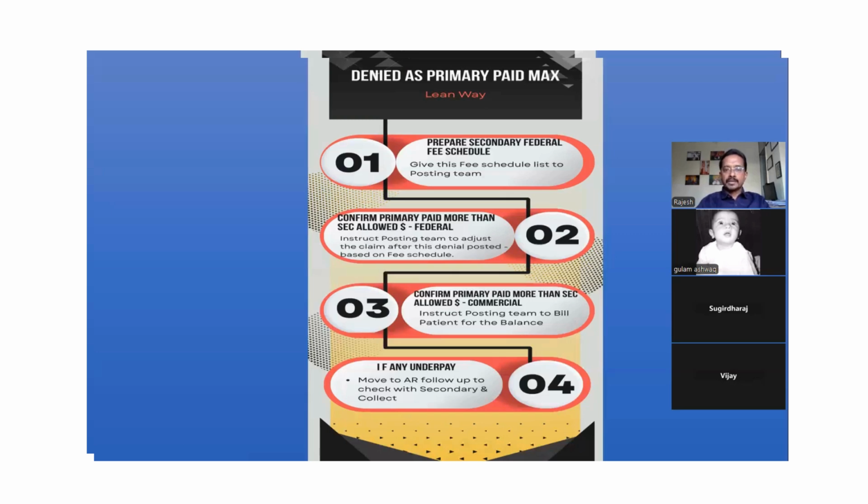Sometimes what happens is it's their system problem, and otherwise we need to ask the AR team to go back and fix any underpayments. For example, if primary is paying low, or the secondary is considering that the payment is more, in that scenario you may require AR, but mostly you can cover this with the posting team itself. This is the way we are going to close this particular denial when it comes to PP max, which is not going to give you major revenue, but we don't want to lose the revenue. That's about this particular week's discussion. We will connect